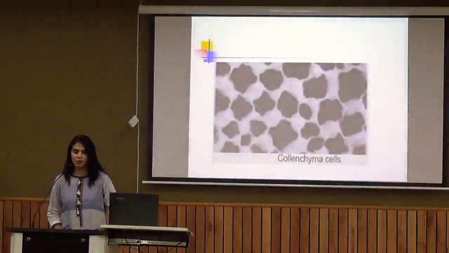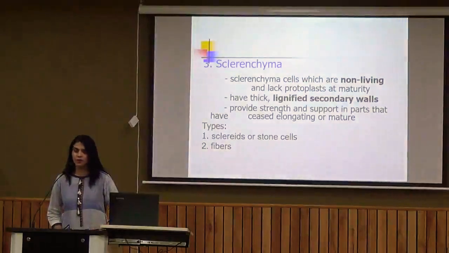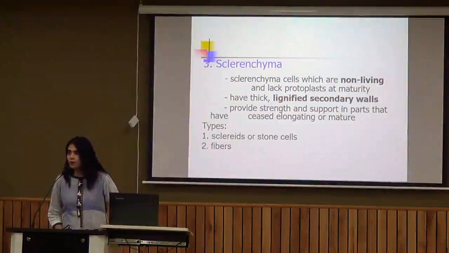As you can look into the diagram, so these are elongated cells and the cell wall is irregularly thickened. The third type of tissue is sclerenchyma tissue. Now, if you were to compare them with parenchyma and collenchyma, the difference is that these particular cells are non-living. This is the most important point which you shall remember, that these cells are non-living, whereas parenchyma and collenchyma,